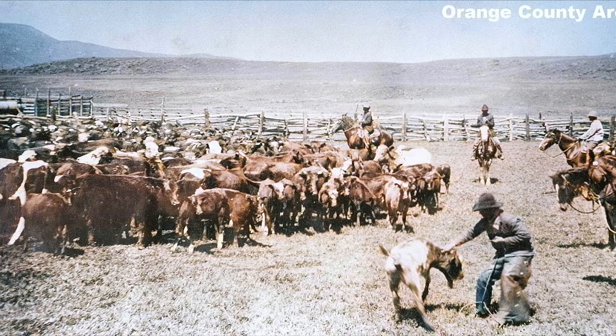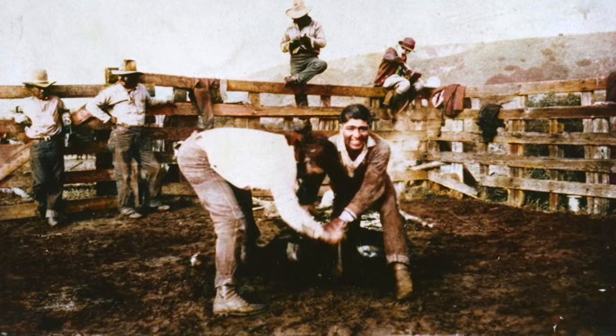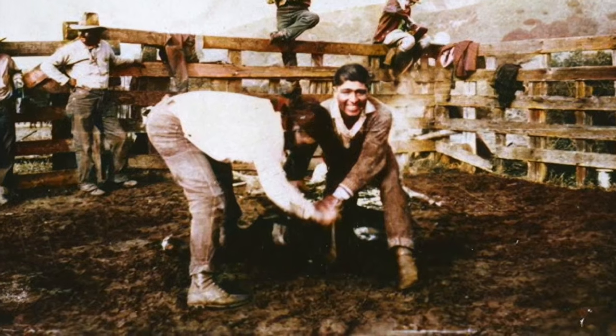Don Juan Forster actually drove a herd of cattle to San Clemente from San Juan in the early 1850s. Again, the Wild West, here we go. This photo was taken on Rancho Las Flores, the present location of Camp Pendleton. That's got to be someone's